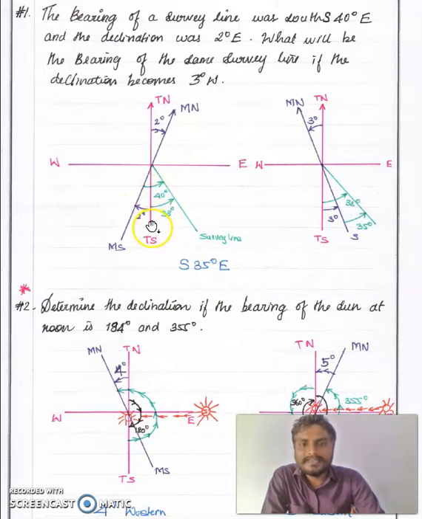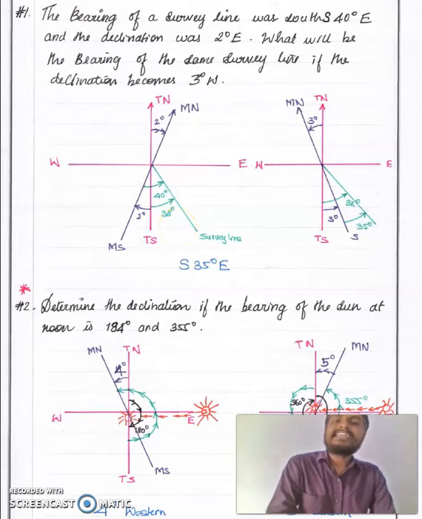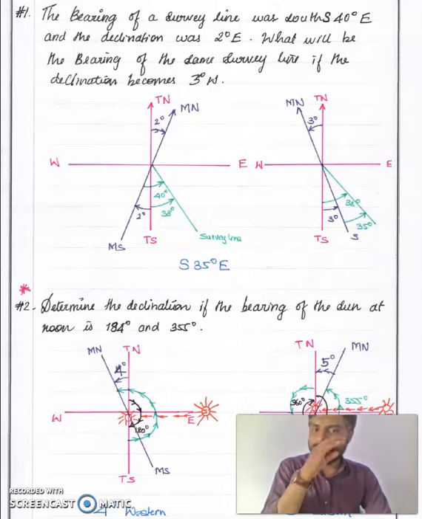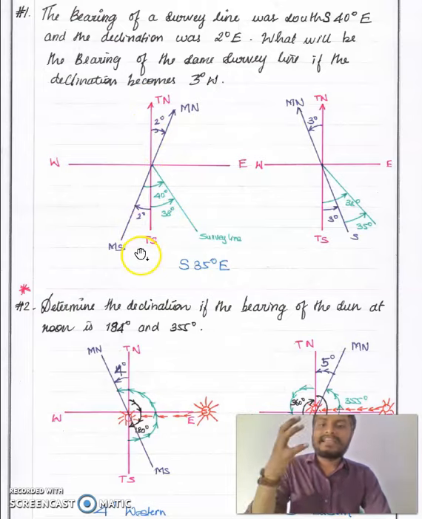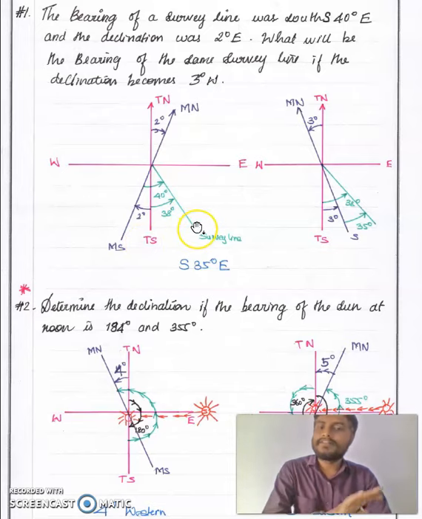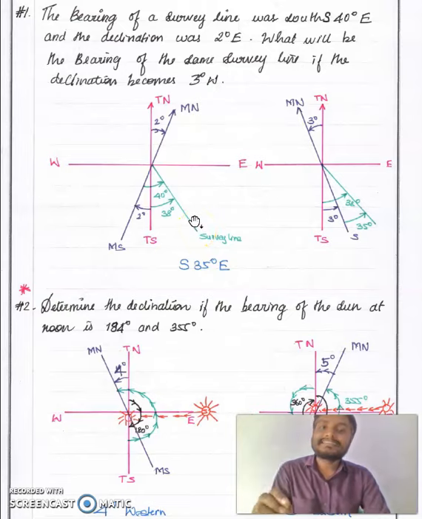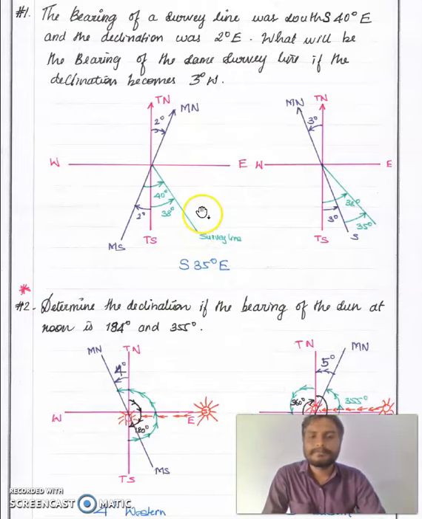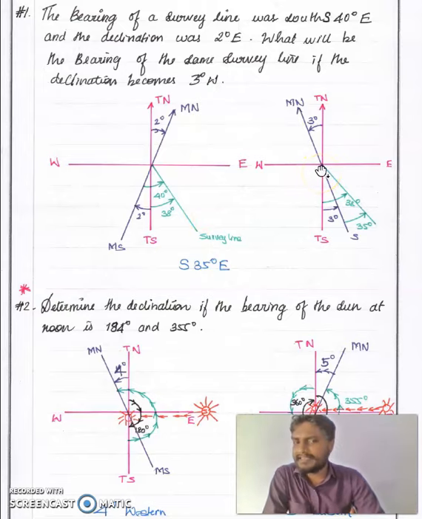Now tell me what is the true bearing. So this is the magnetic bearing. Okay, and if this is 2 degree, this is also 2 degree as per mathematics. Okay, 40 minus 2 degree, this is 38 degree. So this is the true bearing of the survey line. The true bearing of a particular survey line never changes, because the true meridian is nothing but an axis which lies constantly on the earth surface. Similarly, the survey line also never changes, but the magnetic needle changes every period. Okay, because it is made with magnetic material, that is the reason.